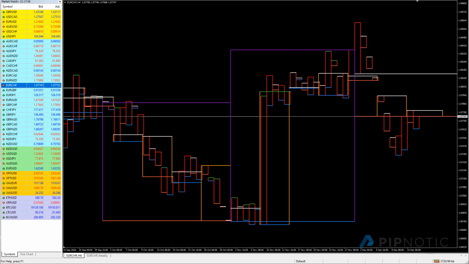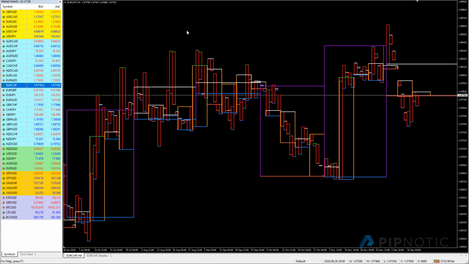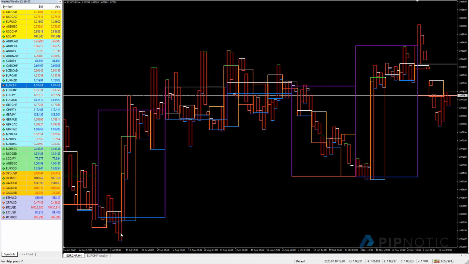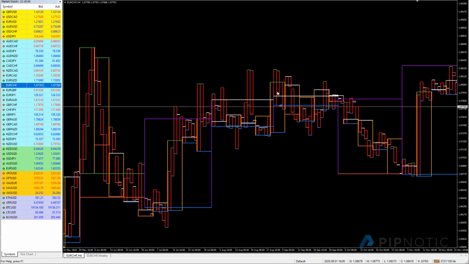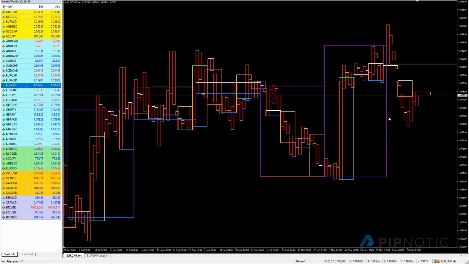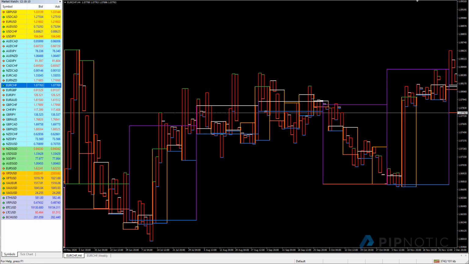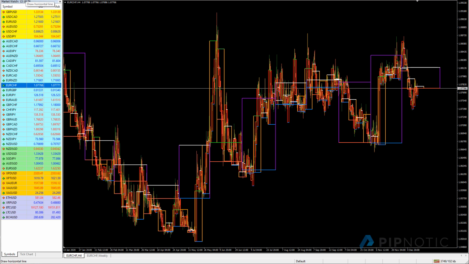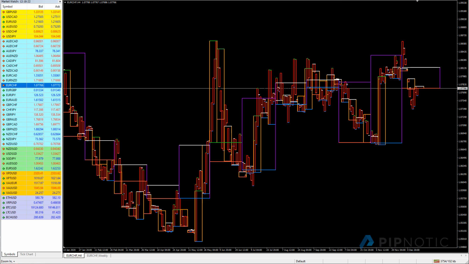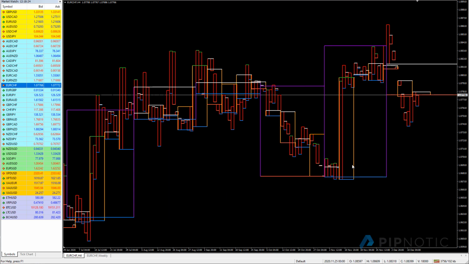Okay, so looking at this one, you can see that we have a low. This is a major low. Our price came up. We have a low, high, higher low, and price managed to move. Let's see if it managed to move above. No, we haven't managed to move above this high yet, but we do have an incredible